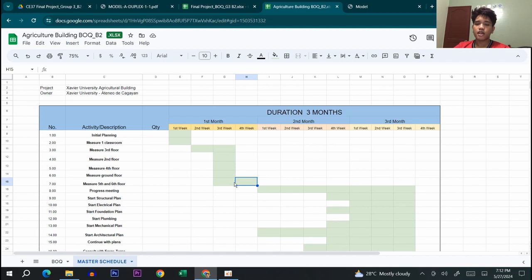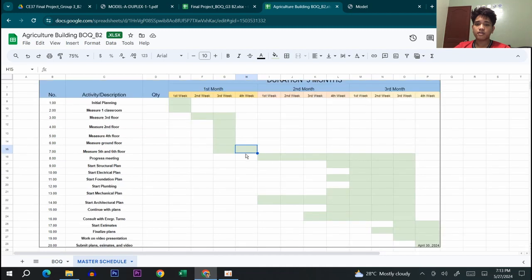So why some parts? We explained in our video for our midterm project that we ask permission for users, and we will be asking plans from the PPO if they have an existing plan for the agriculture building, since there are areas that we cannot gain access to due to certain limitations. So that's why, realistically, we cannot measure the entire building in just a span of a month, but we have acquired plans, so it made the timing a lot shorter.